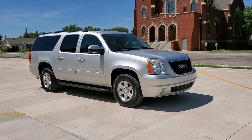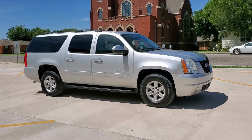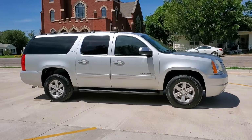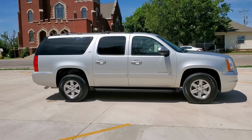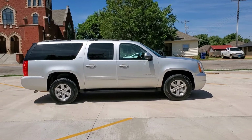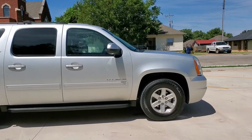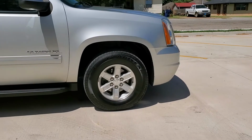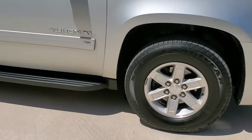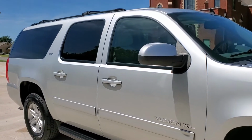This is a 2011 GMC Yukon XL. It has the second row bench and then the third row bench, so you can fit, I think, 8 people is what it is. And it has the sunroof, rear DVD system, backup camera. It's 4-wheel drive. As far as the outside goes and condition,